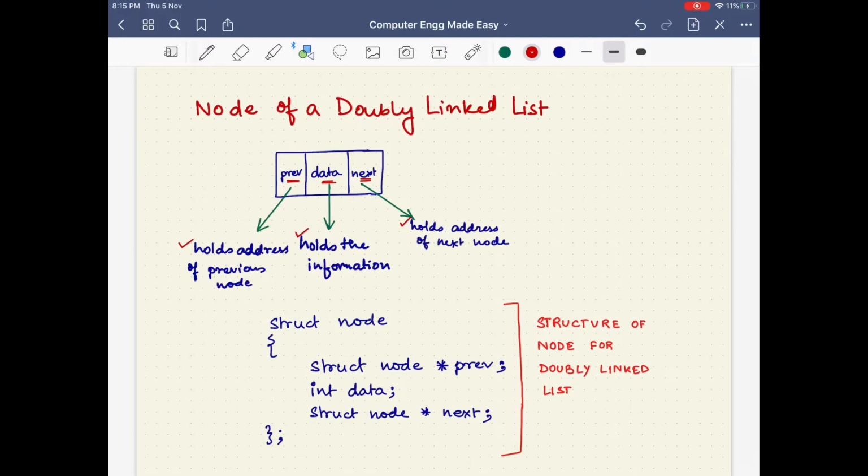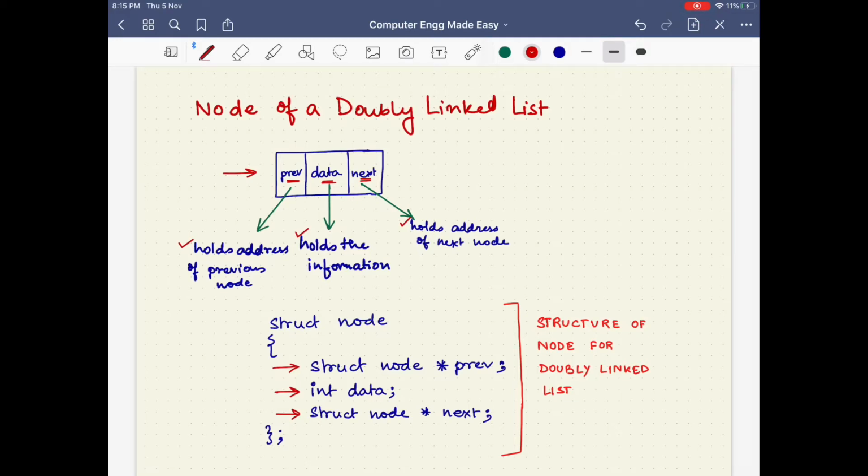The structure of the node, therefore, comprises three members: struct node star prev, int data, and struct node star next. So these are the three data members that we can see in the node, and this is how the entire struct node structure is defined for the doubly linked list.